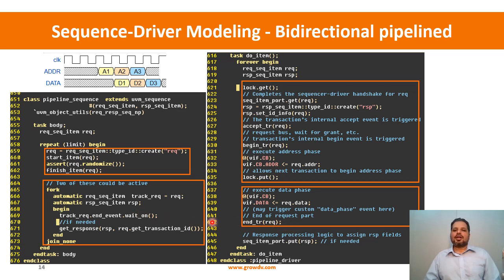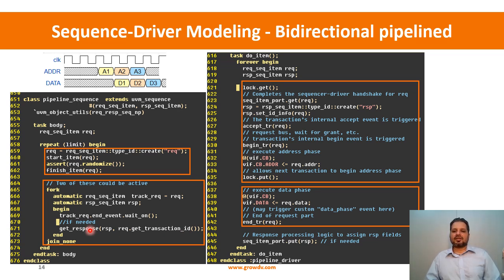We could have eliminated this possibly, right? I'm just showing it to you just to demonstrate that this particular feature exists. And then the get response would anyway get blocked, and that would get triggered when we do the sequence item port dot put, right? And then anyway we are stamping the ID over here, so we can pass that request.getTransactionID, and the sequencer will match it and pass it back to